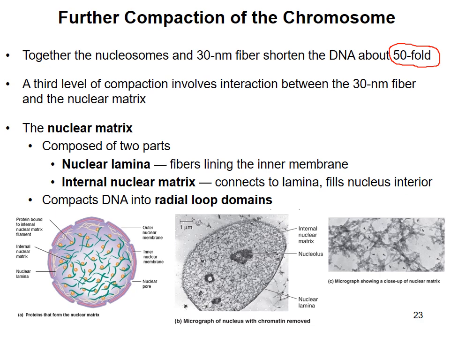So for further compaction, we need to take a look at the nuclear matrix. So what's happening within the nucleus? And we need to take a look at the nuclear lamina. These are the fibers that line the inner membrane. So over here, you can see the nuclear lamina, the little fibers that line it. And then we also have to take a look at the matrix section. The matrix section is just the internal workings. This is what's going to be interacting with the lamina, and it's also going to, in essence, fill the interior